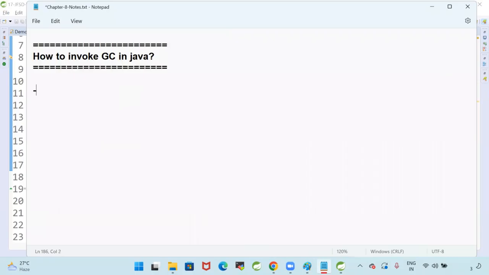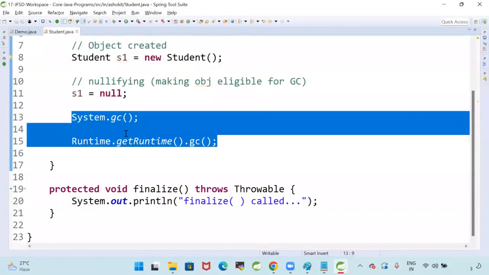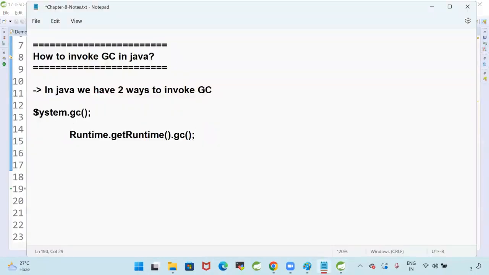The JVM. What are those two ways? System.gc and Runtime.getRuntime().gc. Remember, even if we call the above methods, there is no guarantee that the garbage collector will